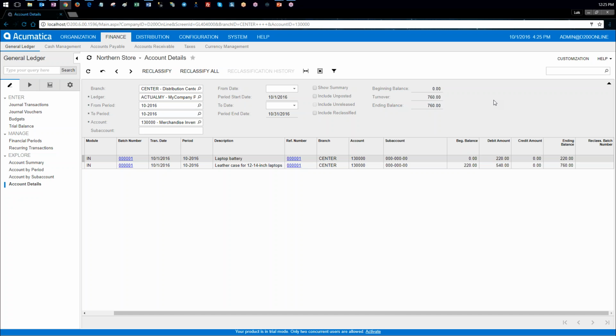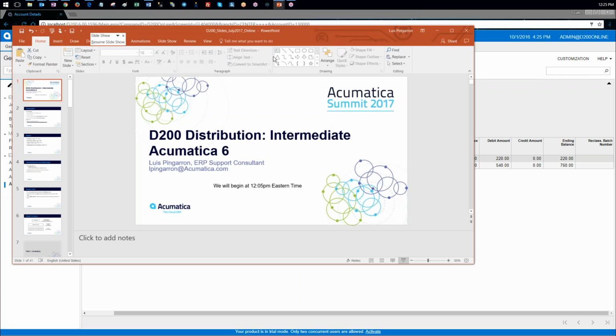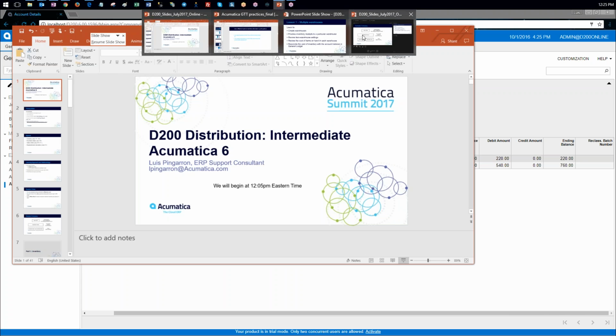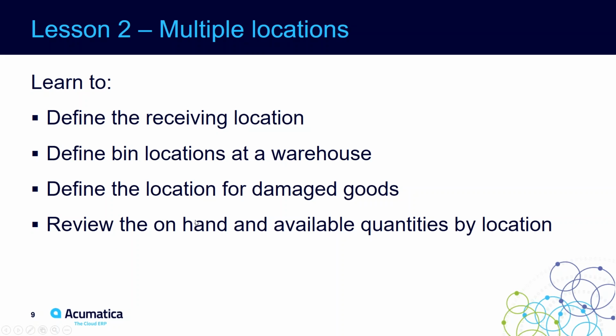Okay, so now let's go back to our presentation. This is the one. Okay, so on this lesson, we created our warehouses, we processed receipts, we checked the warehouse settings, we checked the cost of items, and we reconciled the information on both the inventory and the general ledger. Now let's go to lesson 2, in which we are going to define a receiving location within